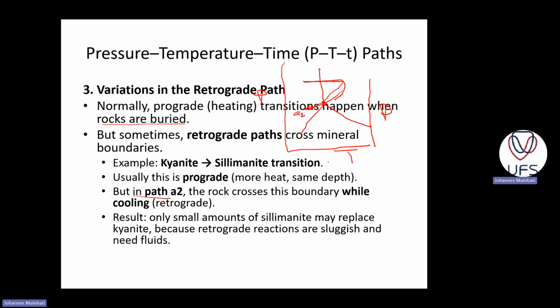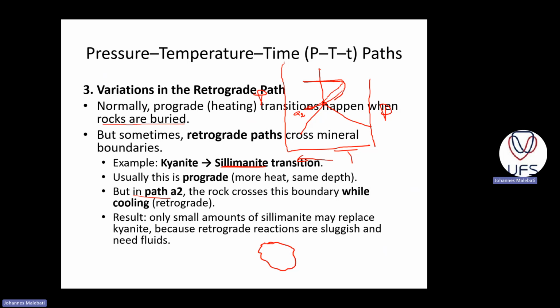This will be path A2, because as we're going that way, the temperature is decreasing. Because the transition is taking place while cooling during retrograde, it means we'll find that if this is a kyanite,